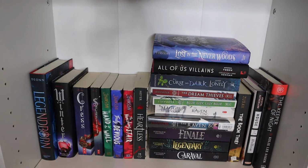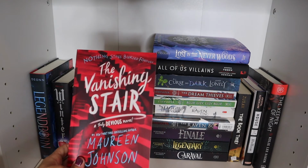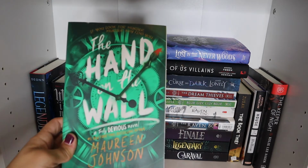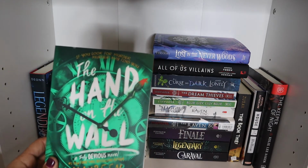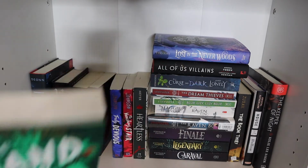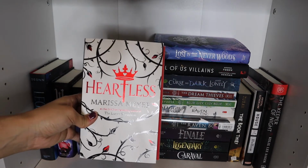Then we have the Truly Devious series, which includes Truly Devious by Maureen Johnson, The Vanishing Stair by Maureen Johnson, and The Hand on the Wall by Maureen Johnson. I don't have the last one in the series just yet because it's only in hardcover, and I want to wait till it comes out in paperback. We also have Heartless by Marissa Meyer, which is her Alice in Wonderland type story that I'm super excited to